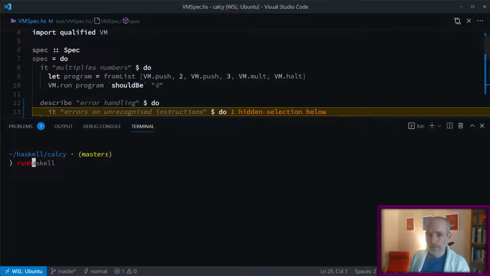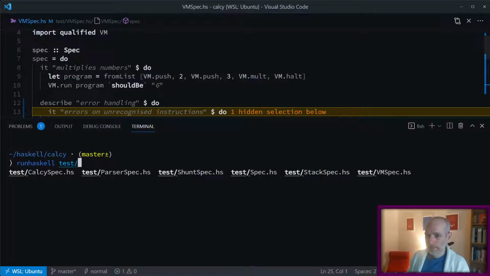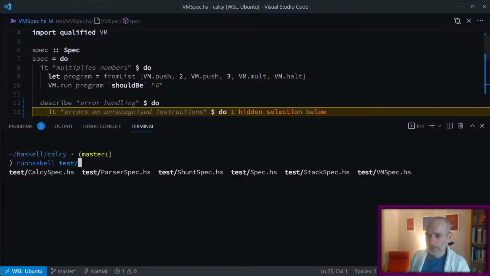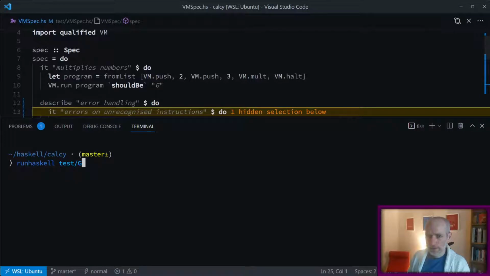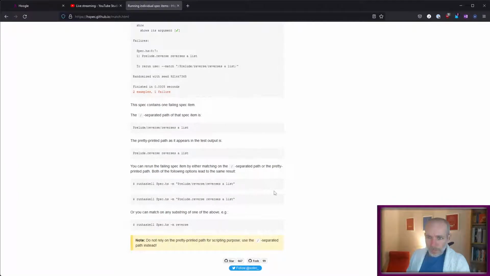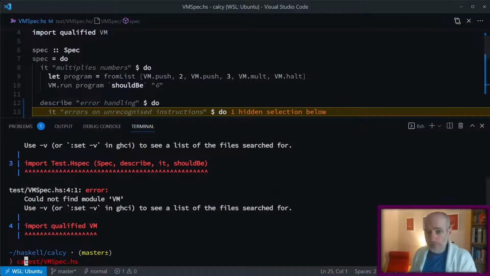So, do I run Haskell? I do. Say test spec. Can I run just my single spec, which is VM spec? Nope, I can't use run Haskell. Can I? Oh, that wasn't what they said, was it? It was. No, it was spec.hs. Okay, so